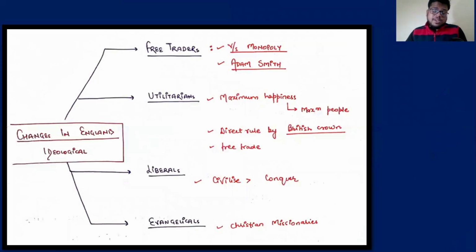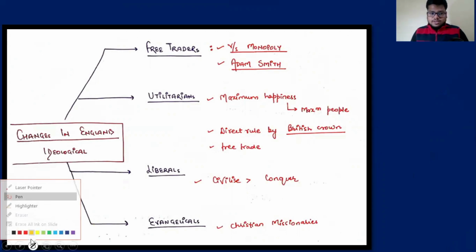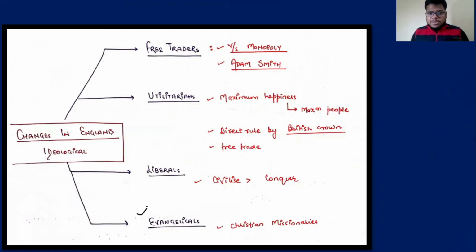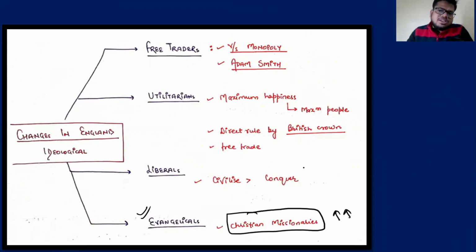Now some ideological changes started happening in England. We have discussed that. For example, evangelists who started saying that the Christian missionaries are the top and we need to spread the idea of Christianity. The other religions are very barbarian and they live like animals, and we need to go out there and spread the message of Christianity to them. Liberals were also there, that we need to civilize, we should not intrude, and all these things, free traders and all these things. We have discussed how it has broken the monopoly